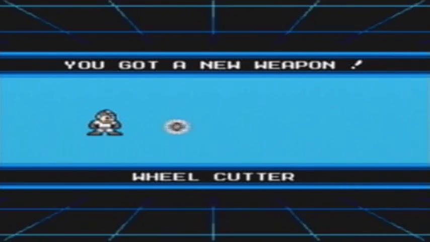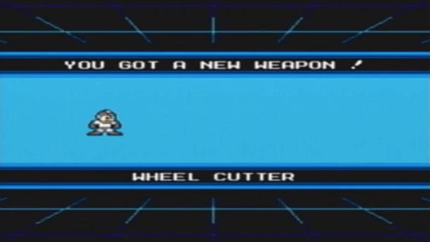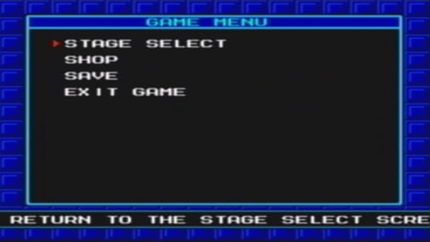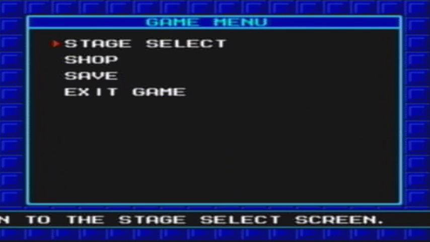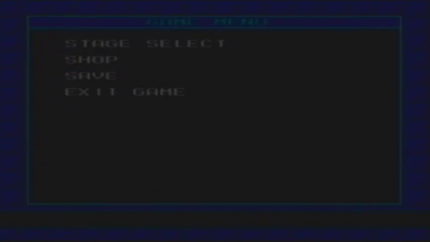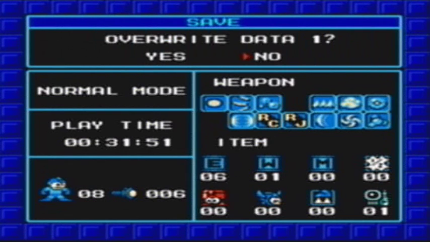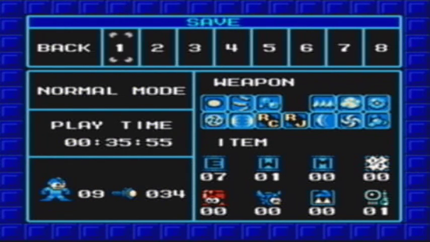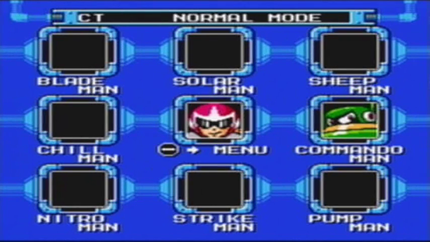And for beating Nitro Man, we get the Wheel Cutter, which is very reminiscent of a weapon from Mega Man X2, which is the spinning wheel that you got from Wheel Gator. But there you go. There's one more Robot Master left, and we're going to be taking him on with Proto